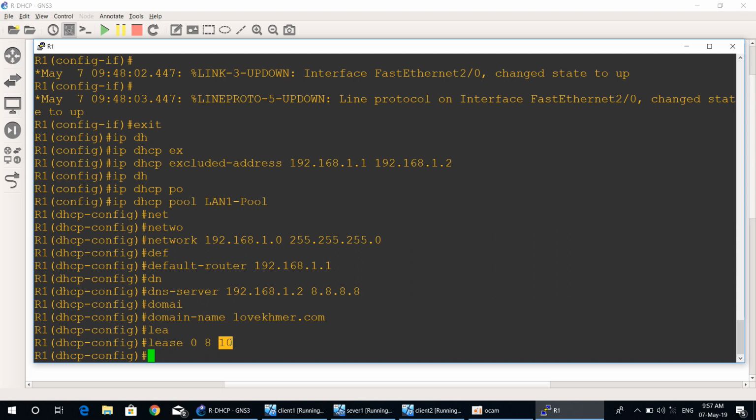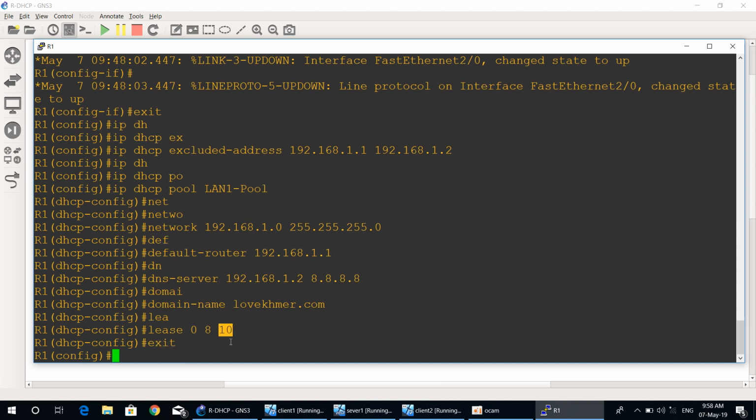Okay, after we already configured the router as the DHCP server for the clients in the LAN 1, now we move to configuring the router as the DHCP server for the clients in the LAN 2 network. We can follow the following format. So I type the command exit to exit from the specific mode, and then I type the command